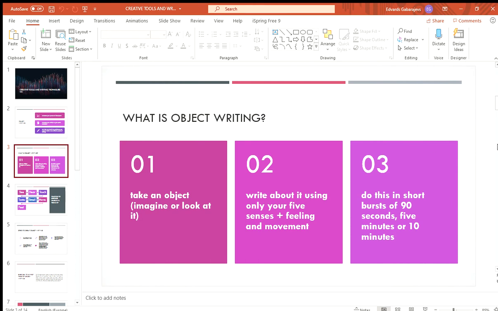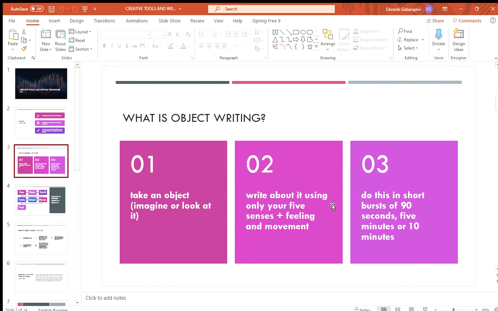Okay, so what is object writing? In a nutshell, these 3 steps describe what it is. So in object writing, you need to take an object, in most cases a real physical thing, or it can be something abstract like a concept and so on. But the basic idea is to focus on one thing and for a limited period of time write about one specific thing. So the first step, you take an object, imagine or look at it,